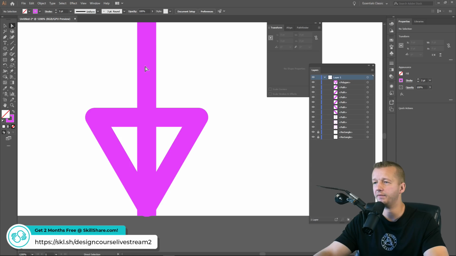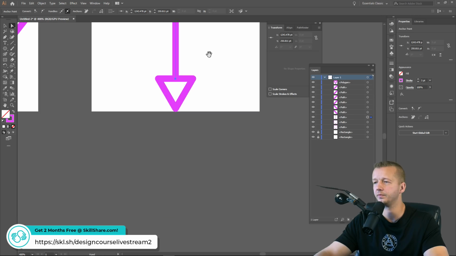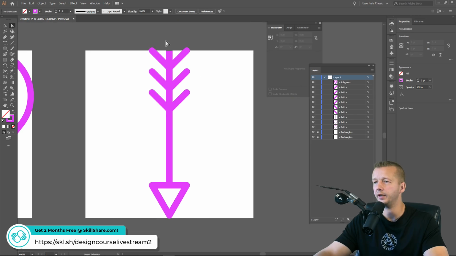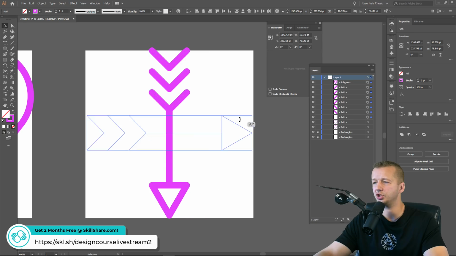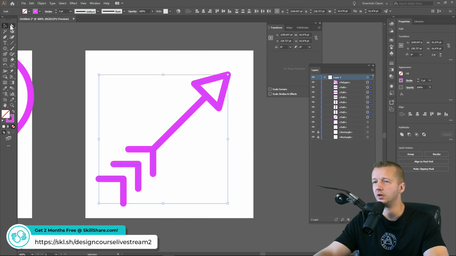Now, let's go ahead and fix this. We'll take the direct selection tool, which is also A. We'll take this bottom anchor point, hold Shift, and bring it up. All right, and we're almost done. We're going to take this, and you could just go like this, or to make it even more interesting and stylistic, we can bring it maybe right here. All right, so now if I take this and we rotate it, holding Shift,